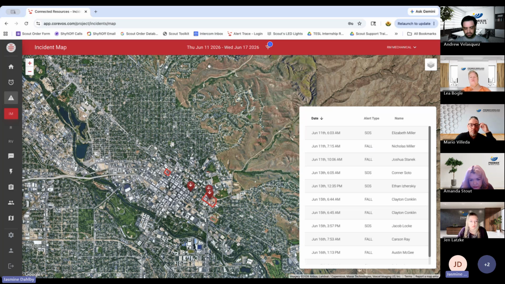But a fall alert, the type of fall alert that the device does is a free fall alert. We do want to be clear about that. It's not a trip and fall. The main difference between the two is that a trip and fall alert is probably what you think of if you remember the Life Alert commercials. I don't know if anyone does, but